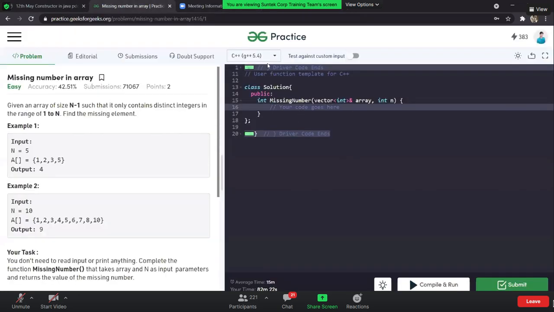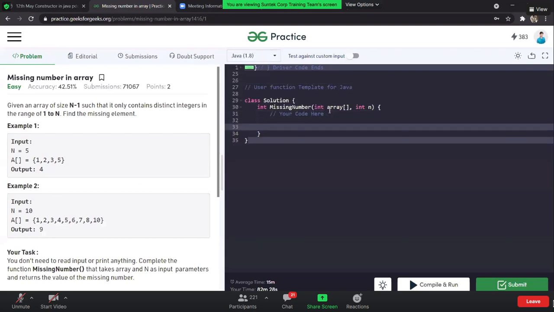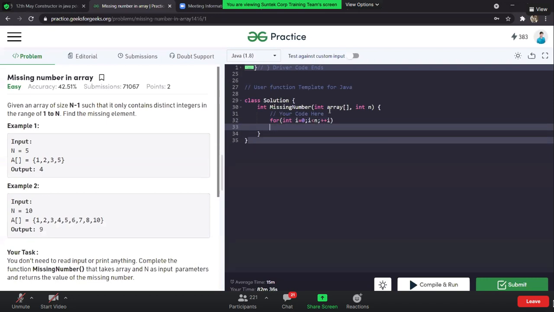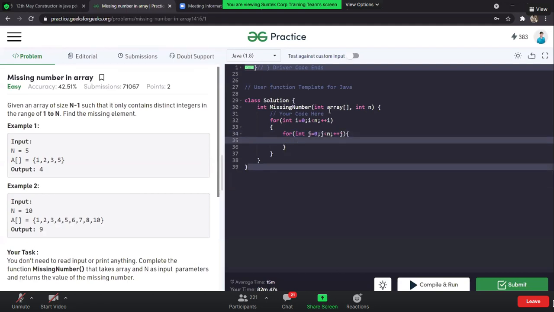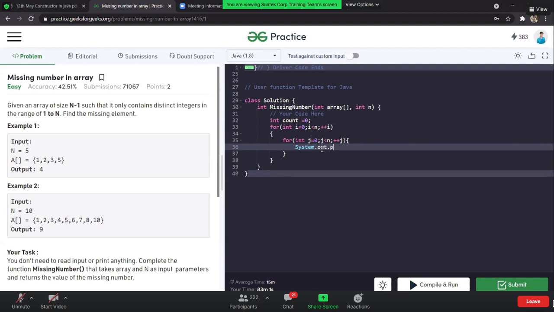Let's say this is an array I have, an array of length L, just to give a quick explanation about the time complexity.